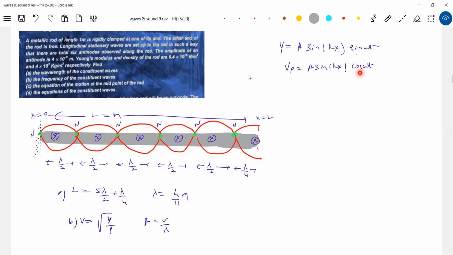I think that initial condition you must define. Whether it's a sine or cos, the initial condition is not defined. The sine case, we are very sure. The sine or cos, you should define it very clearly. Anything you can write. He has not defined that initial t equals 0. If he says this particular antinode is having certain velocity or is at extreme point, based on that sine cos should be defined. So this is not given, so you can assume anything.